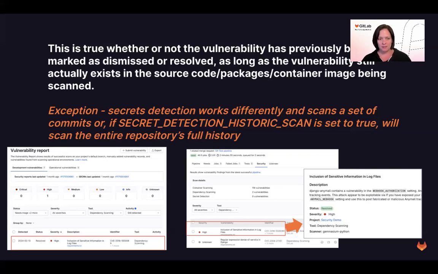The other exception here is that if you turn your scans on, get your initial set of results, and then start tuning your scanner rules for SAST, the scan for any disabled rules will no longer show those vulnerabilities.